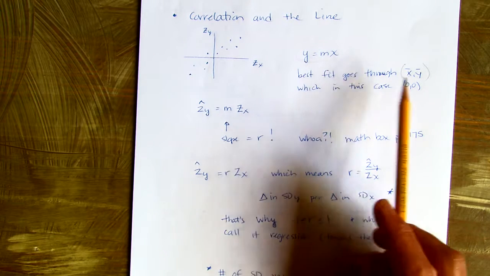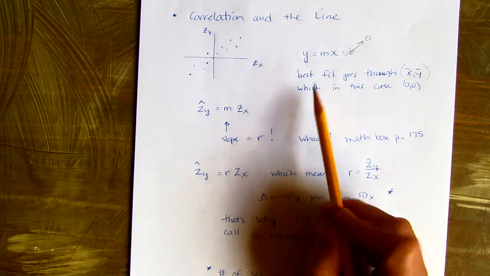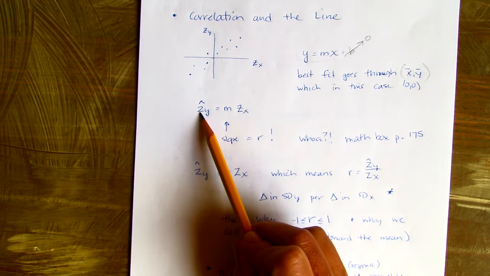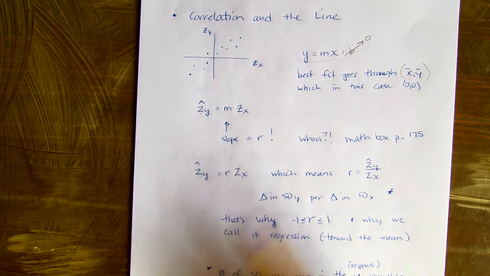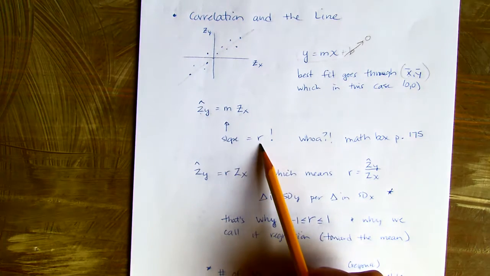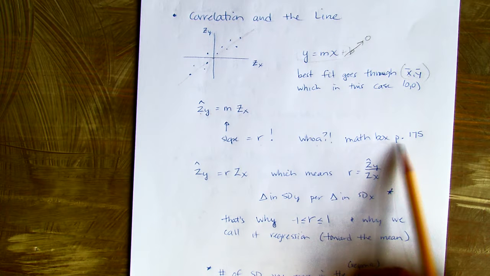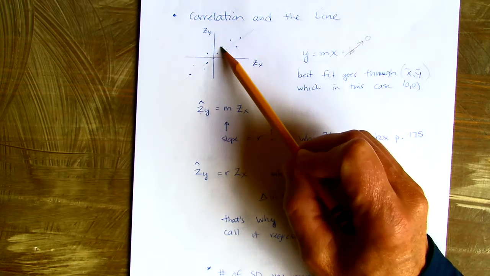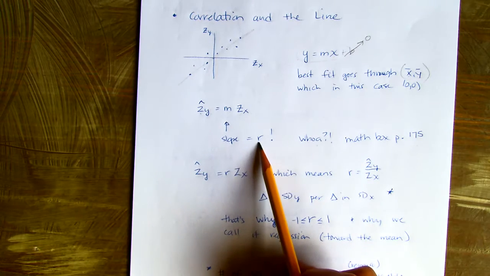So if we go through 0, 0, remember this plus b is 0. But we're not just talking about y equals mx, we're talking about z-scores in the y direction and z-scores in the x direction. And the line of best fit has a slope that is equal to r. That's like a whoa. Again, that's explained on the math box. Why the sum of the squared residuals has a slope equal to that